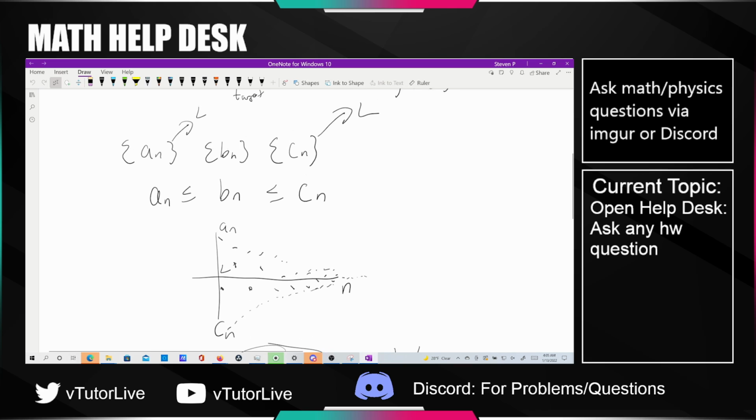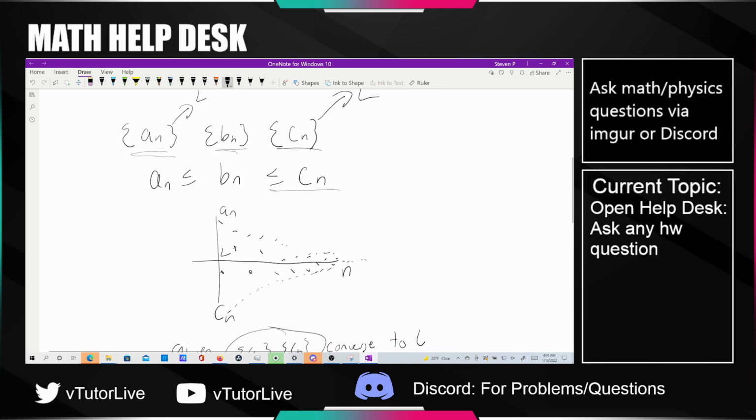right? The sandwich theorem is sort of giving us 3 sequences, an, bn, and cn, such that, well, there's relative ordering, an smaller than or equal to bn, smaller than or equal to cn. Okay. So pictorially, I realize I've kind of drawn this backwards. This is saying that,